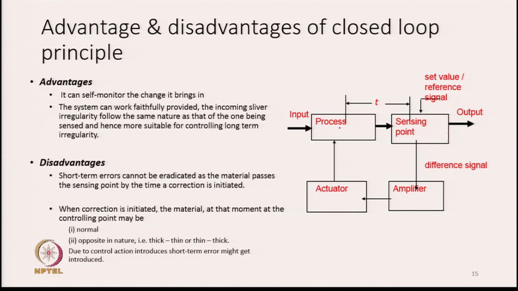If you read the next line, when correction is initiated, the material at that moment at the control point may be normal. This point is very important to understand, that when the correction is initiated by the actuator in the process, the material there may be normal. That means, what we have sensed at that point may be a little thicker, but the part of the material which is there in the process may be normal, or the material in the process may be opposite in nature. When the sensing point senses the material which is thick, the material in the process may be thin, or when it has sensed a thinner region, the actual material in the process could be the opposite in nature. And what we do, if we take corrective actions in such situations, then we will make the